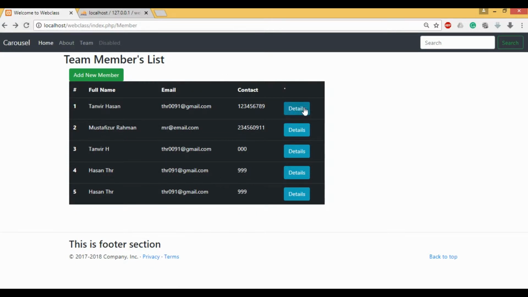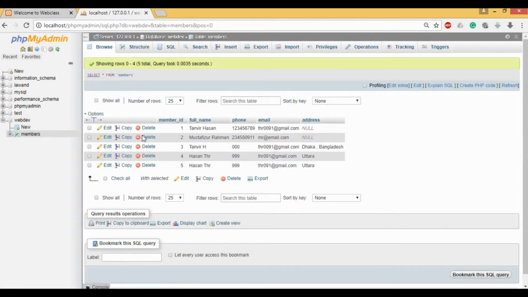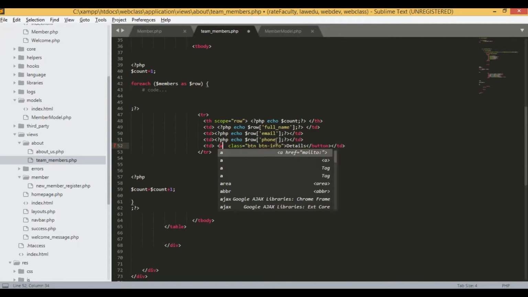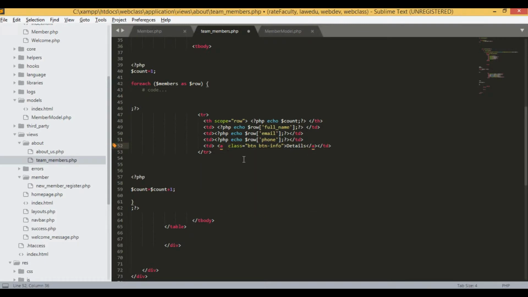Here in details, we will click these details and we will see other items of this member, for example addresses and others. So before that, we need to convert it to an anchor tag, a linkable. Now this is a linkable item, and the reference